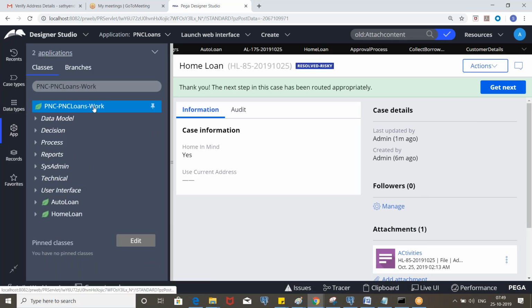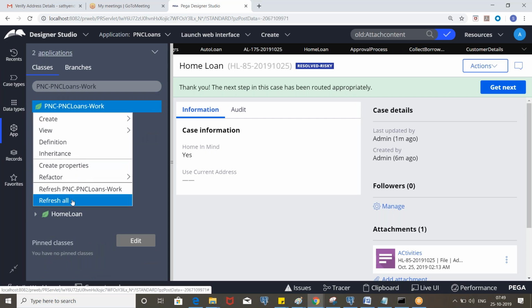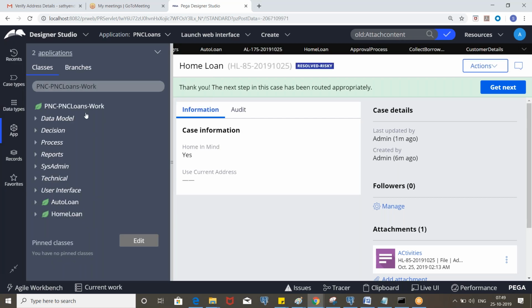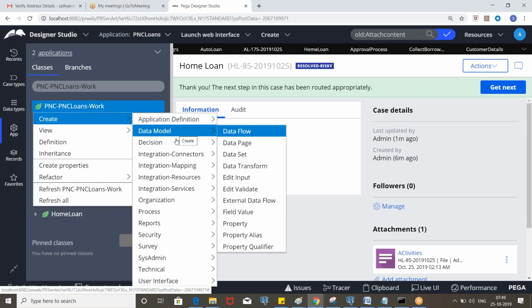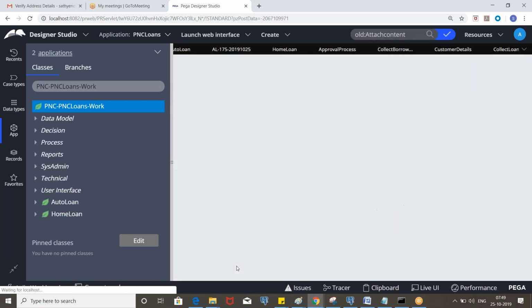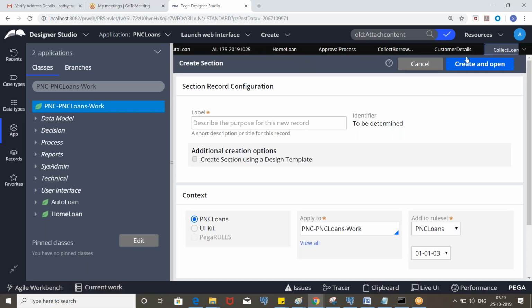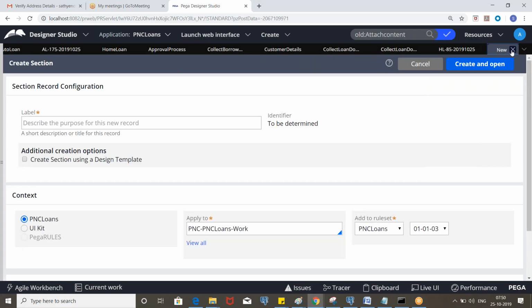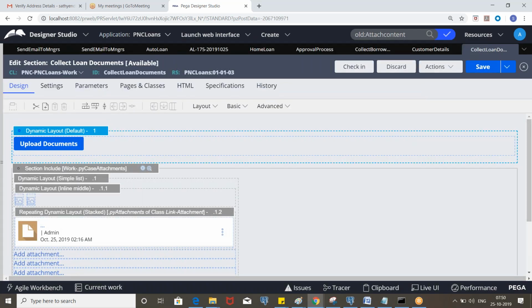So these are about local actions, and we are going to work on some other UI rules. So far we have worked only on sections. If you look at the user interface categories, we created a section, and we'll be working on a few other UI rules like harness, paragraph, etc.